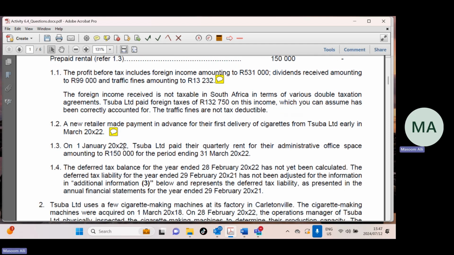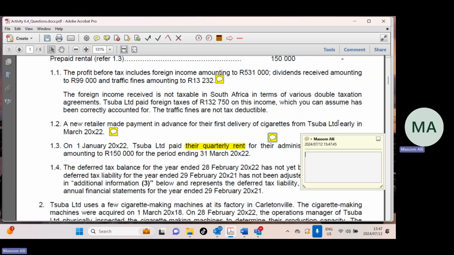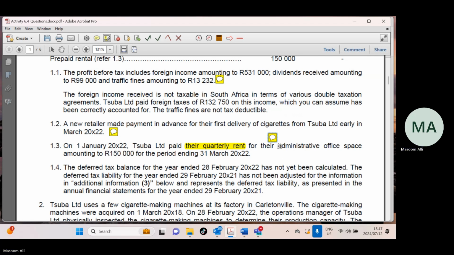Then on the 1st of January 2022, Tsuba Limited paid their quarterly rent. Okay, so this is something that does sort of stick out for me, right? Quarterly rent for the administrative office space amounting to 150 for the period ending 31 March 2022, right? So where is this administrative office space, right? Before I add my comments, I'm going to say, administrative office space over there. That says a lot to me, right? Because at the end of the day,